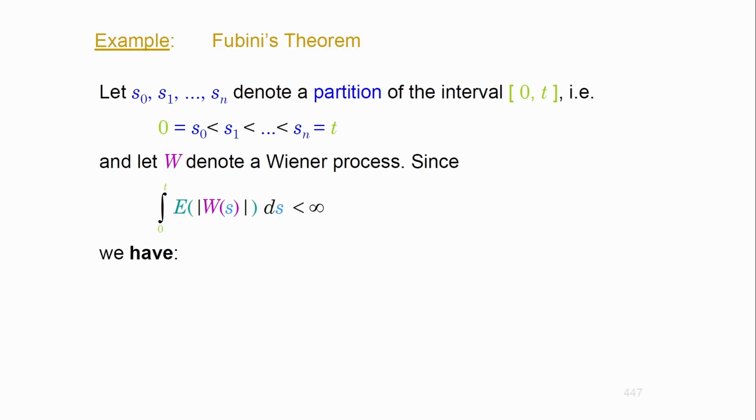I'm going to show you where I'm applying it without explicitly denoting it. This allows me, so the finiteness, whatever that is, again, it is always going to be finite in this case. This is a power function, so if you integrate a power function on a bounded interval, that integral is going to be finite no matter what. So I'm going to take that and apply it. Since it is finite for the Wiener process, we can apply Fubini's theorem.